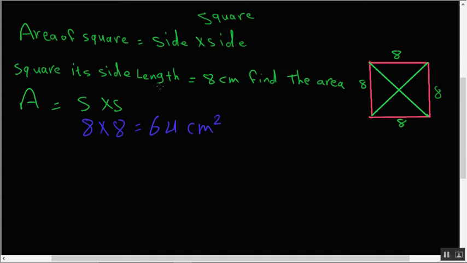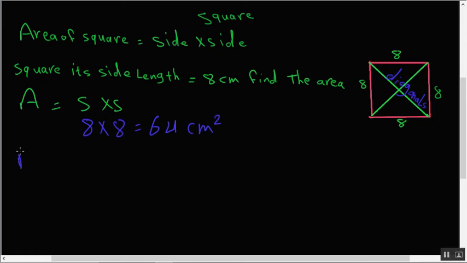In this year, we will study how we can find the area of a square by diagonal. What's the meaning of diagonal? This line is called a diagonal. This line is called a diagonal. We have two lines equal in length. We have two diagonals here. If we want to find the area by diagonal,